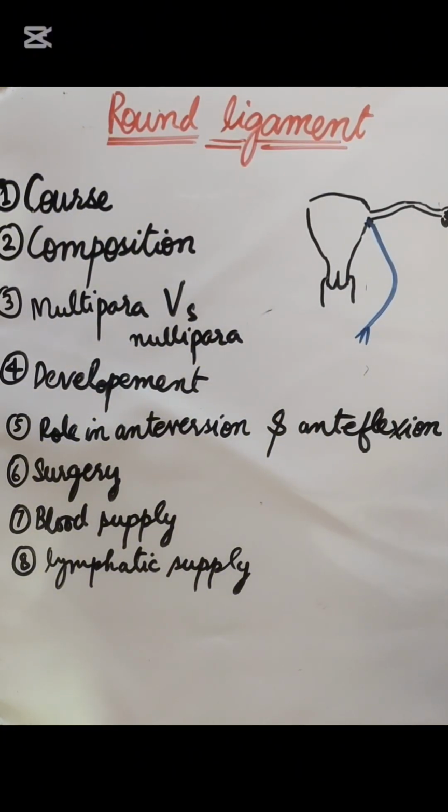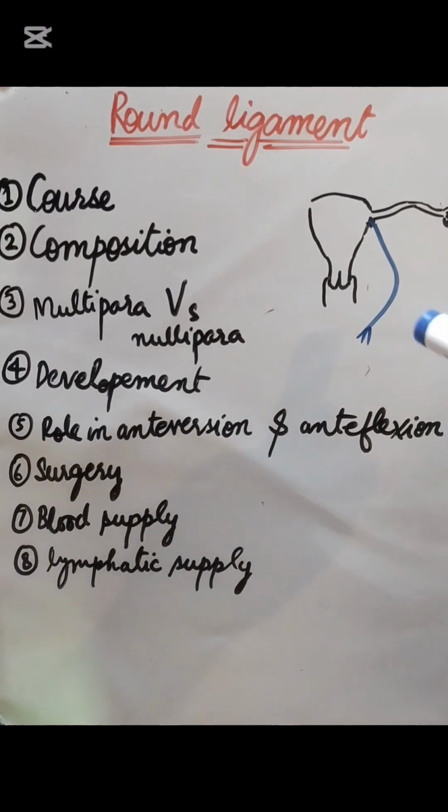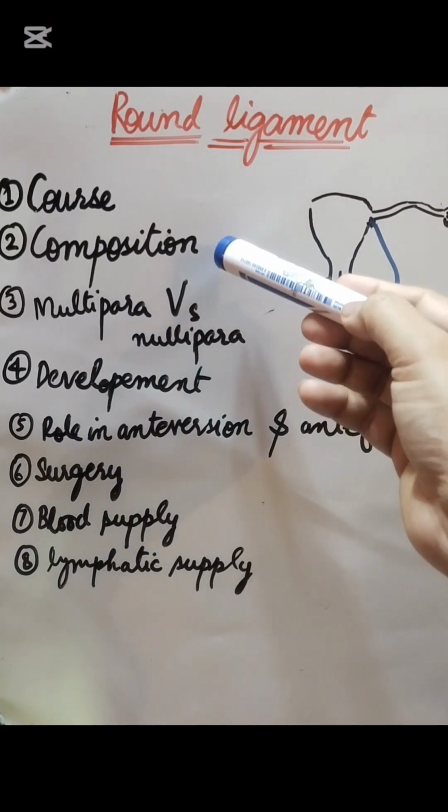The round ligament passes from the uterine cornu between the anterior peritoneal fold of the broad ligament to reach the internal abdominal ring. In this part of its course, the round ligament is actually curved and lies immediately beneath the peritoneum and is easily distinguished. Then the round ligament passes down the inguinal canal. When it goes downwards, it passes through this inguinal canal and finally ends by becoming adherent to the skin of the labia majora. And then what is it composed of?